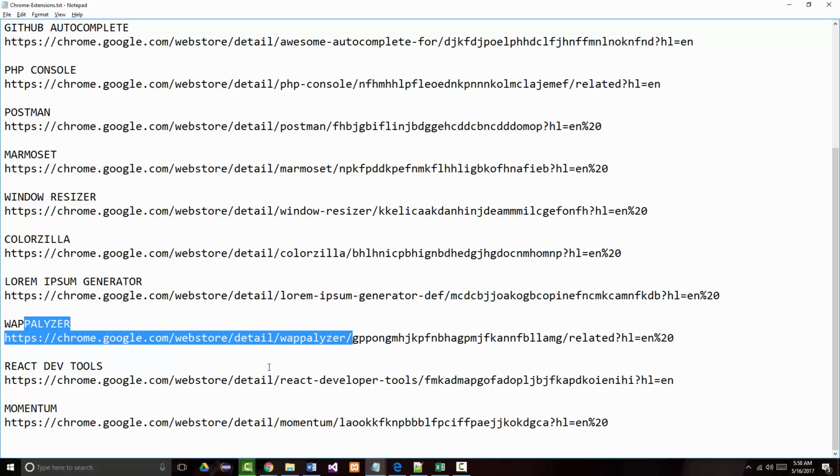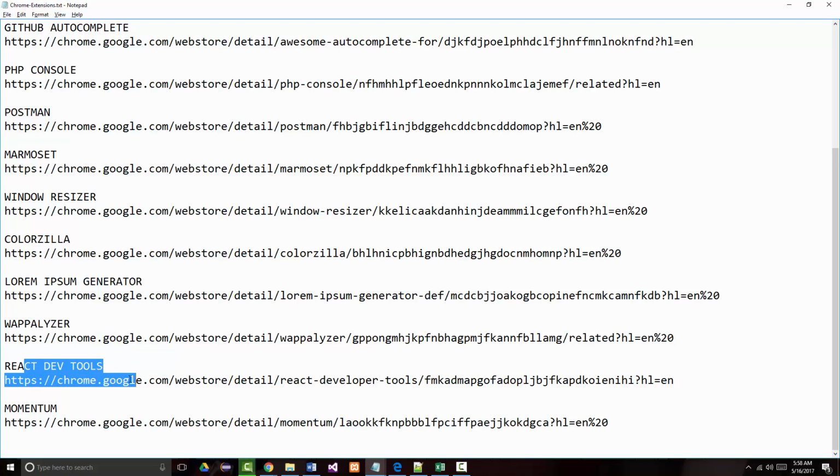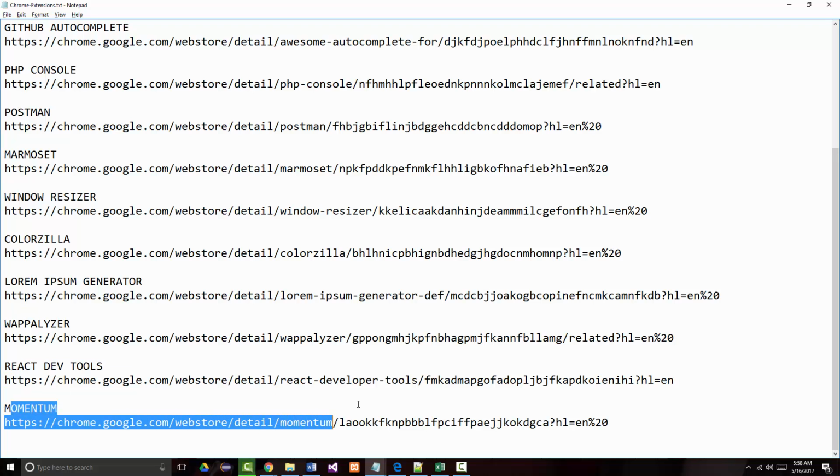Wappalyzer, I don't remember exactly what that is. React, that's pretty much a more advanced tool. And Momentum, and I believe that has to do with analytics and the like. But it's just some neat stuff. All right? So, that said,